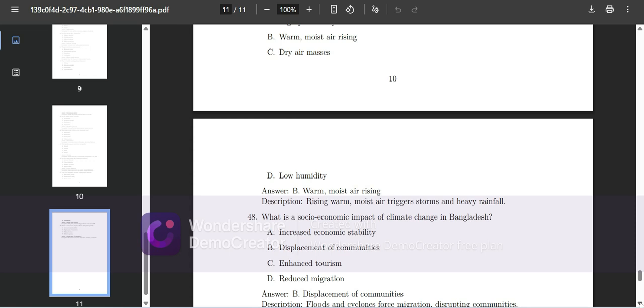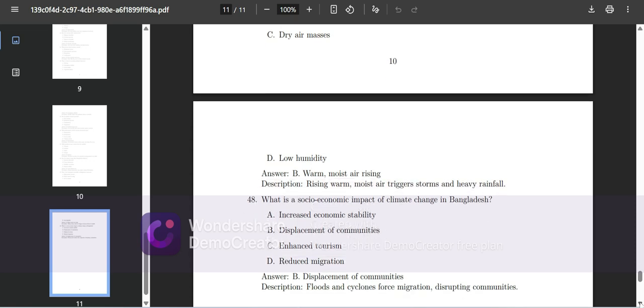What is the socio-economic impact of climate change in Bangladesh? Displacement of communities,